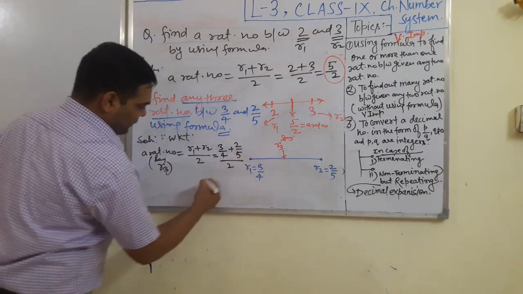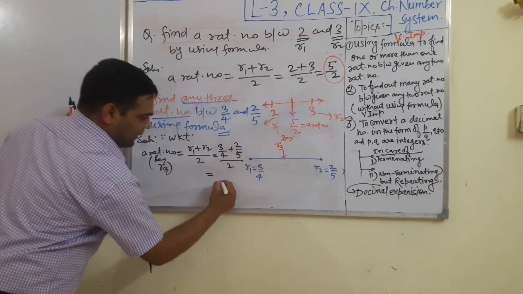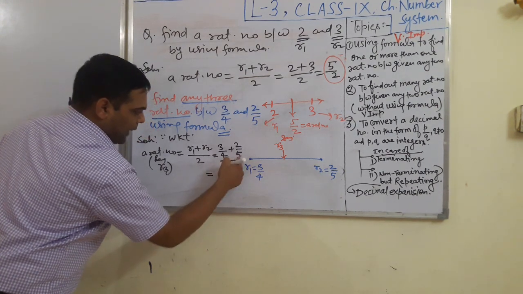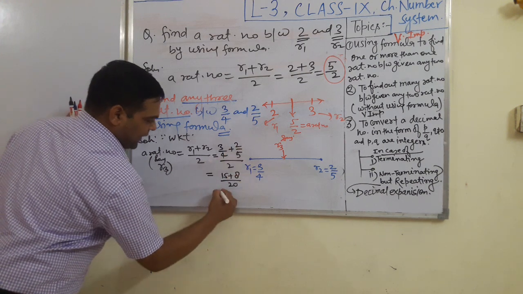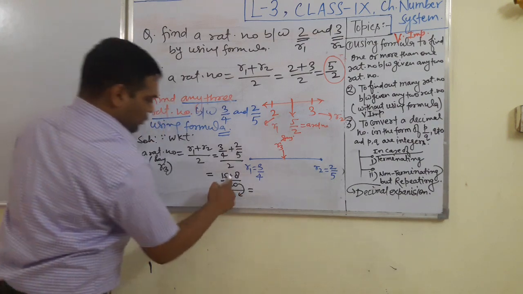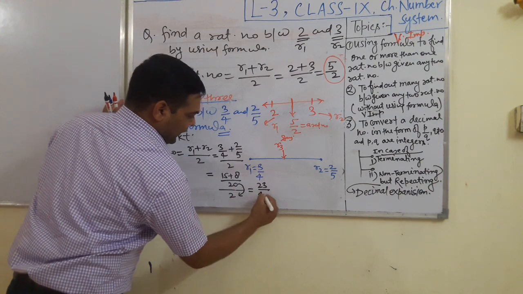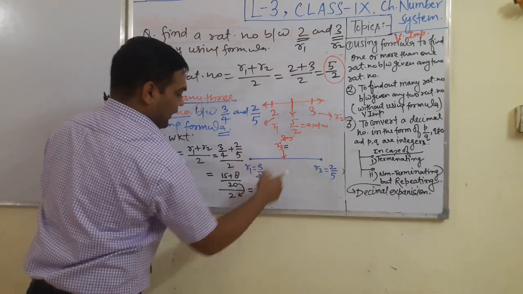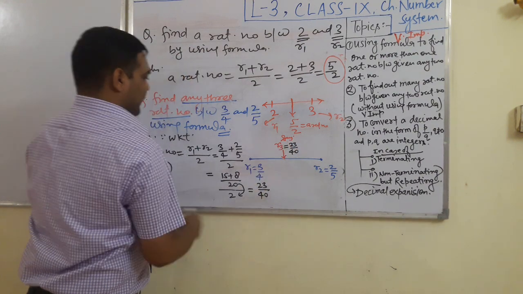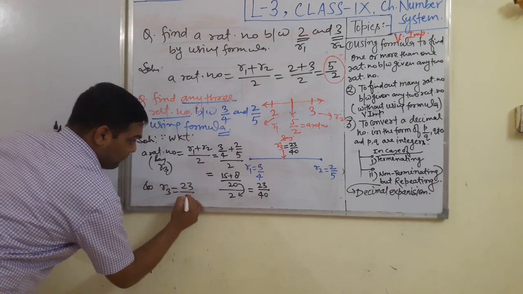We have to simplify. What we will get here, students? After simplification, here 20 is the LCM. Write it here. 4 5s are 20, 5 3s are 15, 5 4s are 20, 4 2s are 8, getting divided by 2. Now this 20 comes in denominator. What you will get here? 15 plus 8. You will get here 23 upon 40. This is R3. Okay, students. So we have R3, it is 23 upon 40.